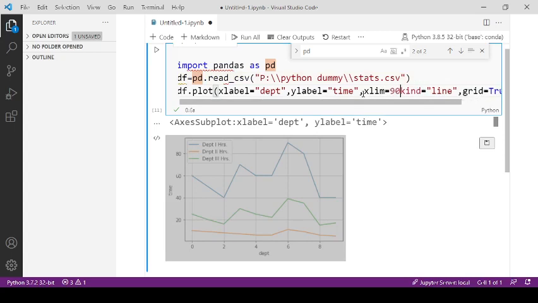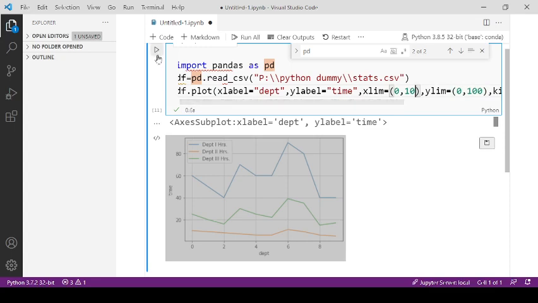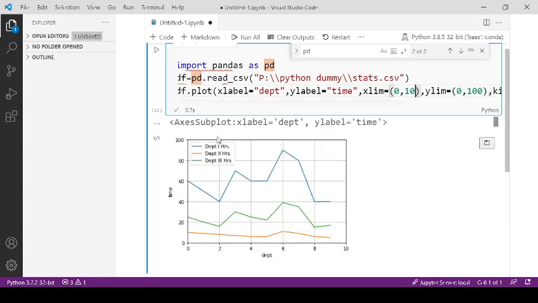and it takes tuple format. So here you can specify 0, 100, or you can set ylim also using the same format. So for y just set 0 to 100, and for x select 0 to 10. Now let's run this code and see the difference.